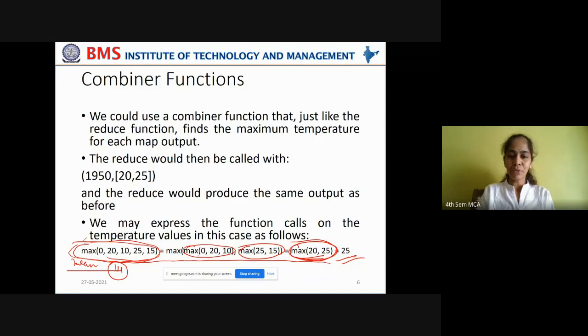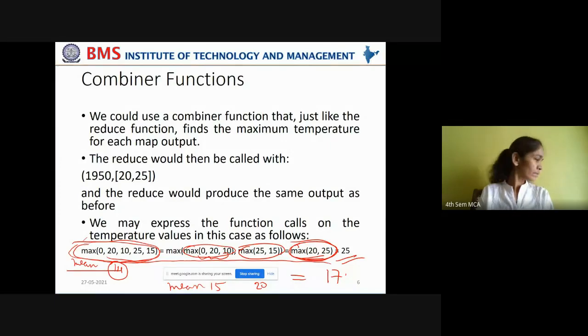But in this case, if you take the mean of the first map, it will be 10, and the mean of the second map will be 20. Now the mean of both these values, 15 and 20, will be taken, which will give you around 17 point.